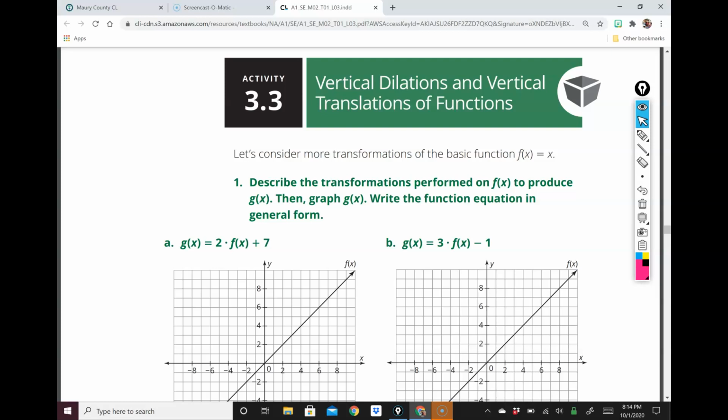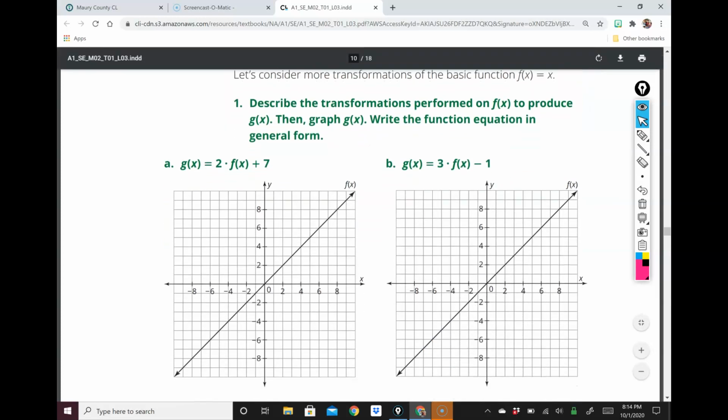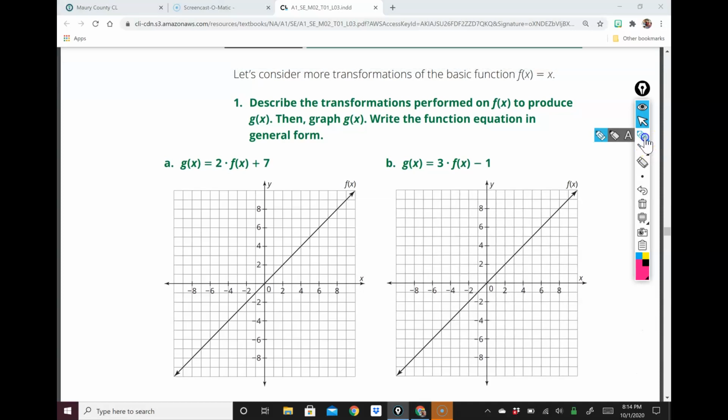All right, so for part A, g of x tells me it's 2 times f of x plus 7. So what we're going to do is take this original f of x, multiply it by 2, and then add 7. So remember, f of x equals x. So if I multiply 2 times f of x, then that's going to give me 2x. Add 7,